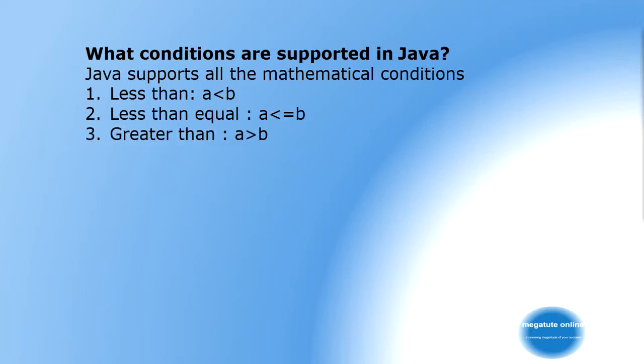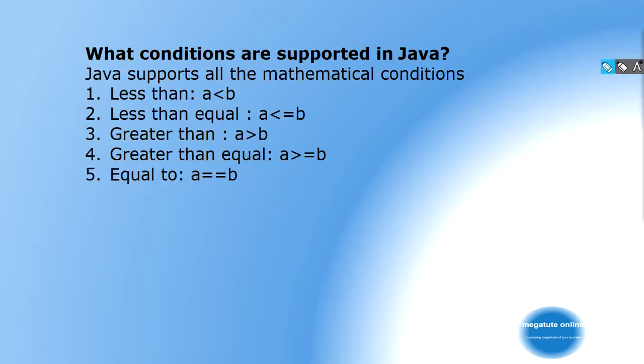Greater than, where we check whether the left hand side operand is more than the right hand side operand. Greater than equal to, where we are checking if the left hand side operand is greater than or equal to the right hand side operand or not. Equal to, where we are checking whether the left and right hand side operands are equal to each other or